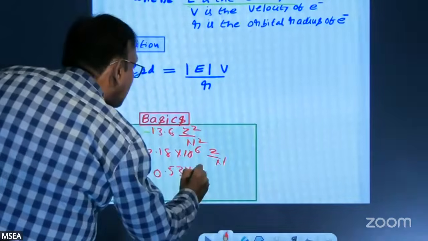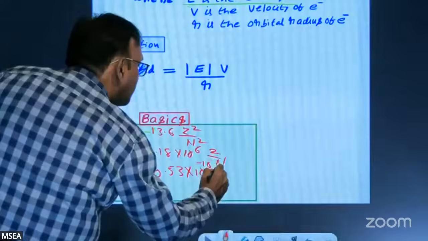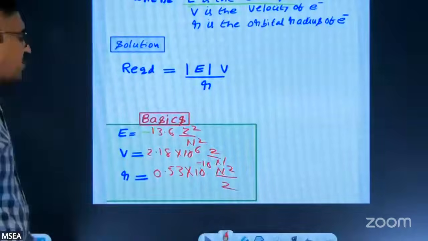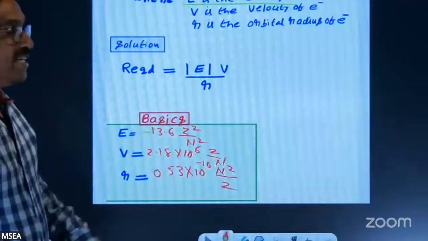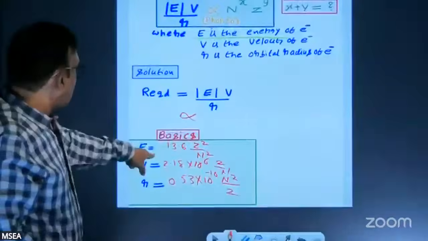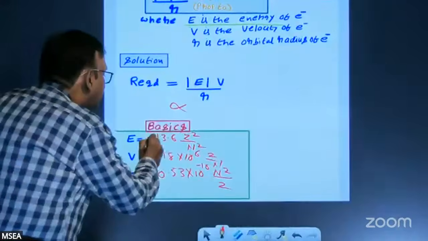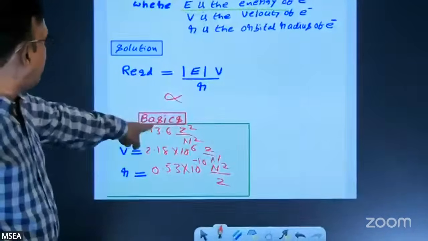You can say 0.5 of minus 10 into square by z. These are the equations you are good at. Radius of electron. Okay, then say, now I want to know what is the mod of the energy there. When you are taking the mod, this minus sign comes out to be plus there.